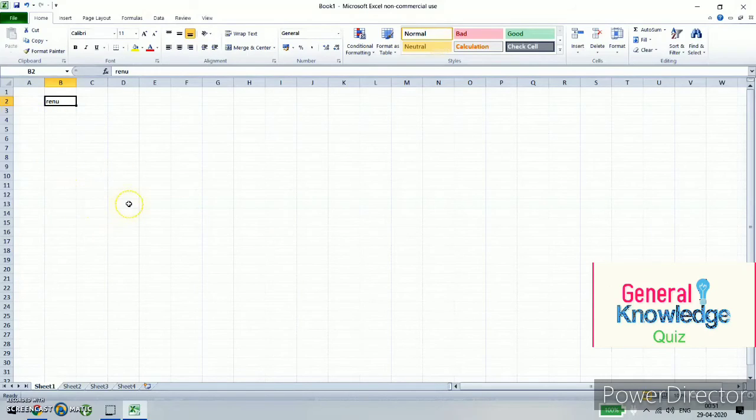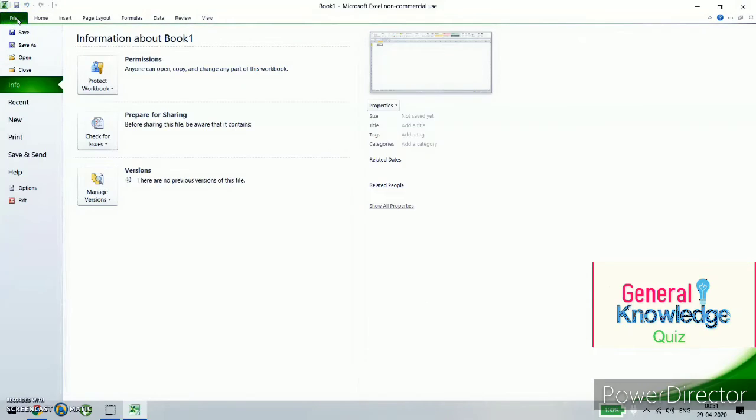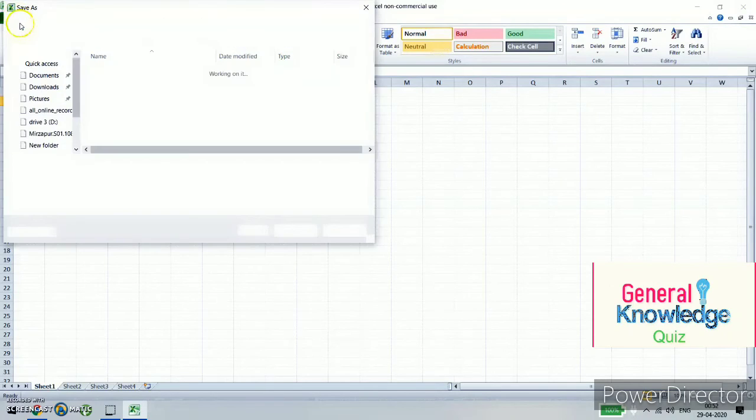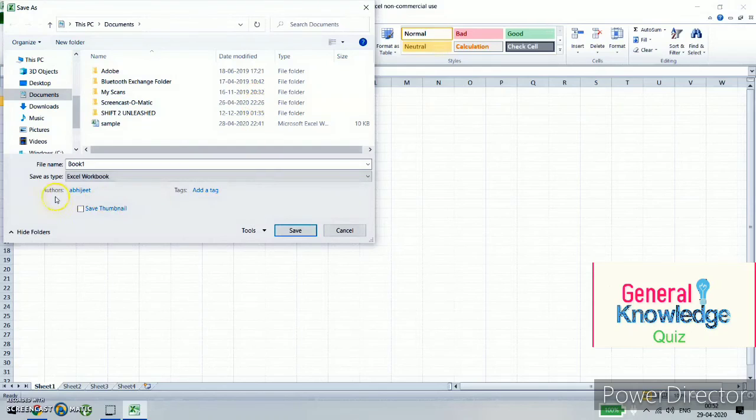Okay students, from this, please keep on practicing. Now I will just show you how to save this file, and later I will continue in the next video. I will load the next information. Just please see how to save the file. Click on File, Save As. It's processing. The Save As dialog box has come.